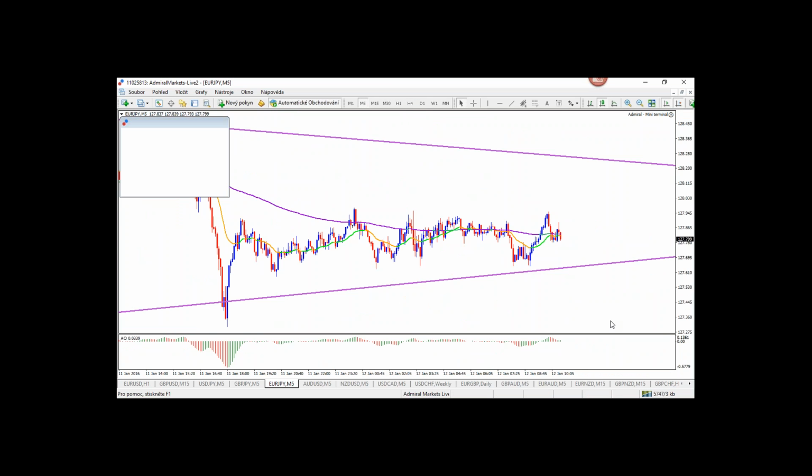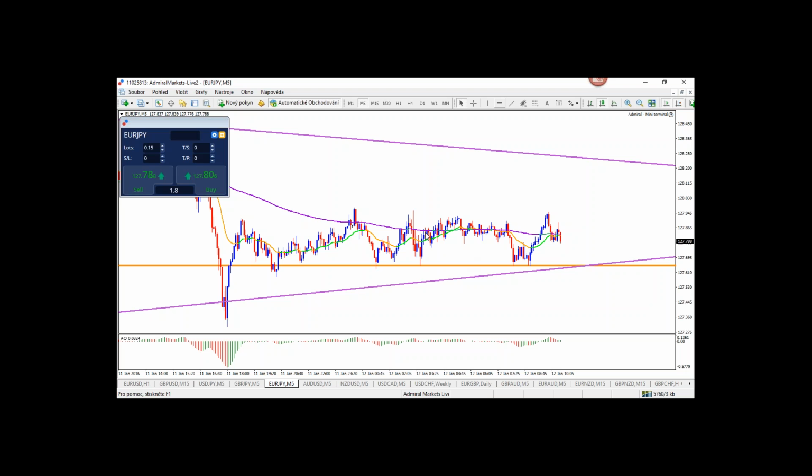Bit choppy at the moment, right? Looking at this zone. Probably going to need, there's a clear bottom here, right? Around this level, 127.65-70-ish. I think we're going to need that to break. It breaks the trend line, roughly speaking. On a 5-minute chart, it's not that accurate, but